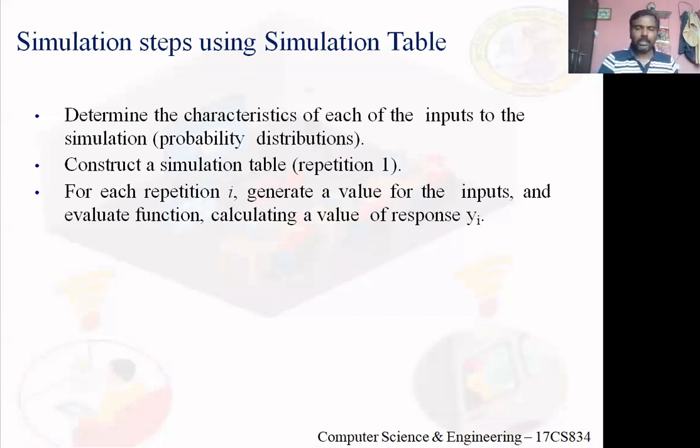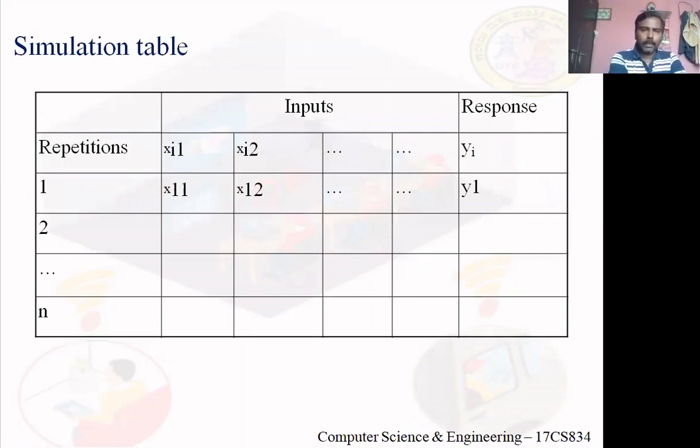Got it? So this may be one performance measurement I need to evaluate. Clear with this? All of you clear? Now, let me tell you how we'll design a table. Once you have studied the system, what are the possible inputs to the system? And whenever an event occurs, what are the possible changes that may happen within the system? And what are the performance measurements, let me call it a response, I'm concerned to evaluate?